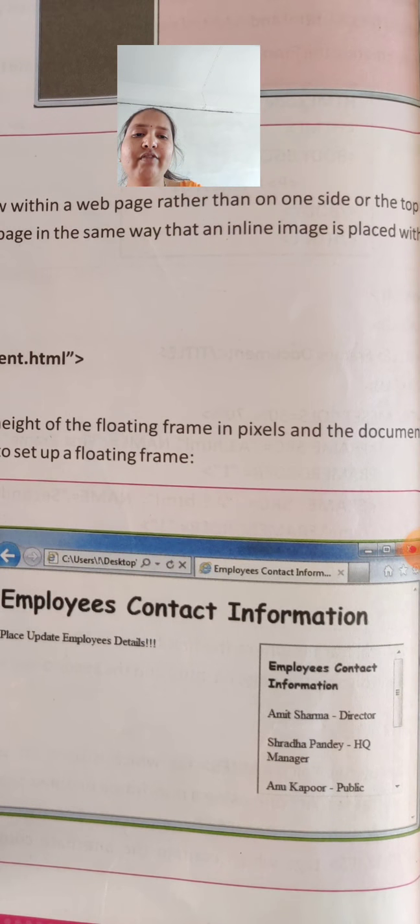The box will be on the right side, so for that they have given align as right. Then in the src they have given the name of the file. Okay, and they have closed the iframe and body and HTML. This is all about floating frame.